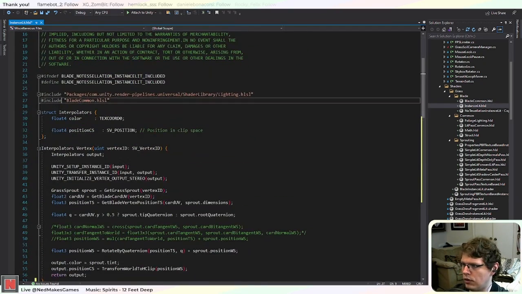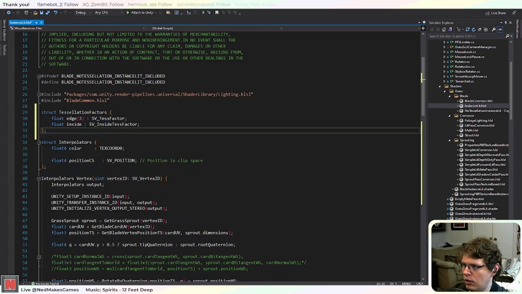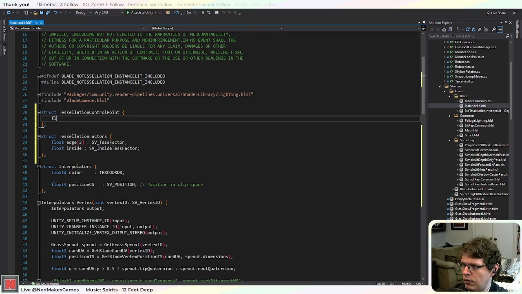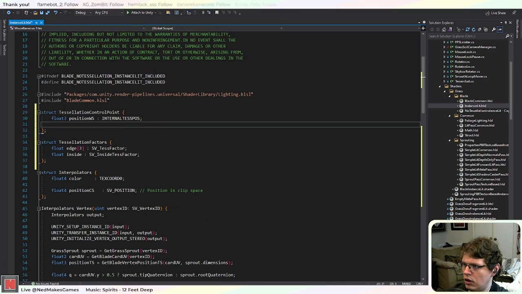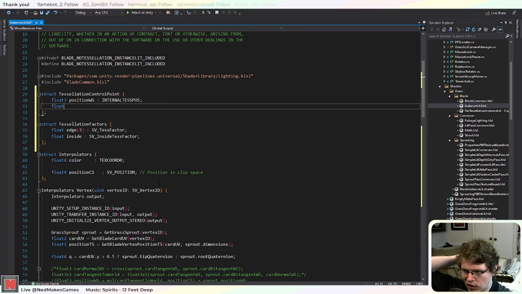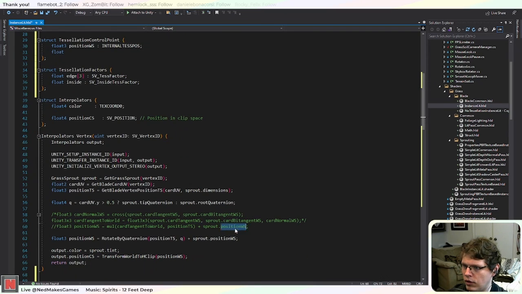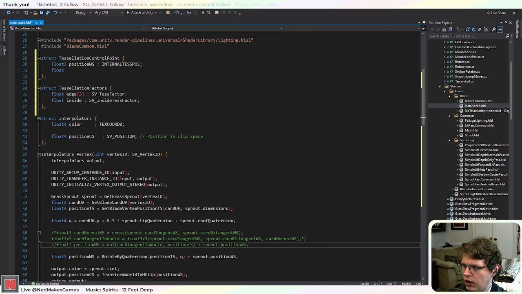Okay, so we'll move this up here. And then I'll also need to have tessellation control point, which will have float3 position, world space, and I think, well, I guess it will have world space because it will have this world space, and then I'll need to have both of the